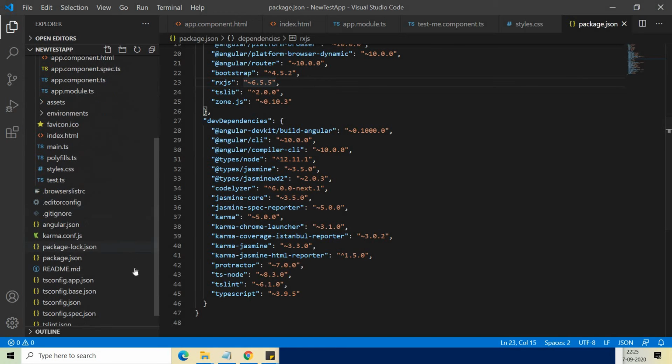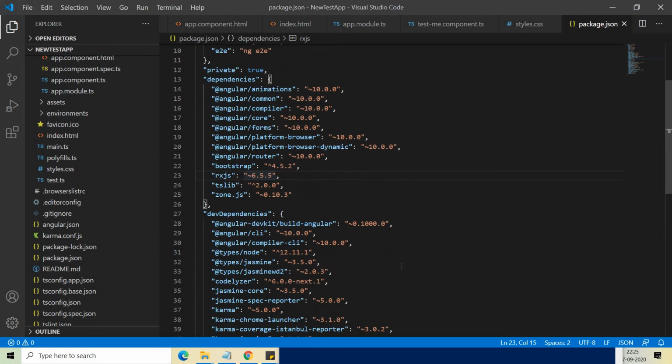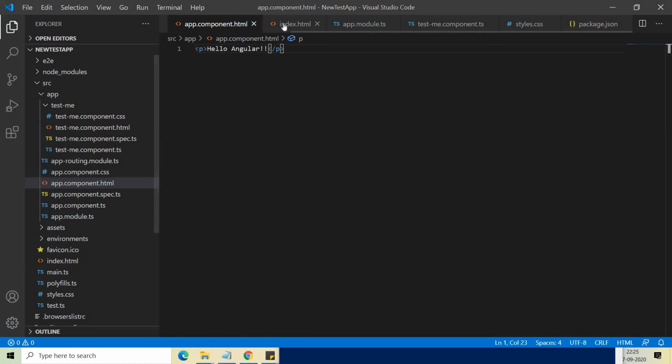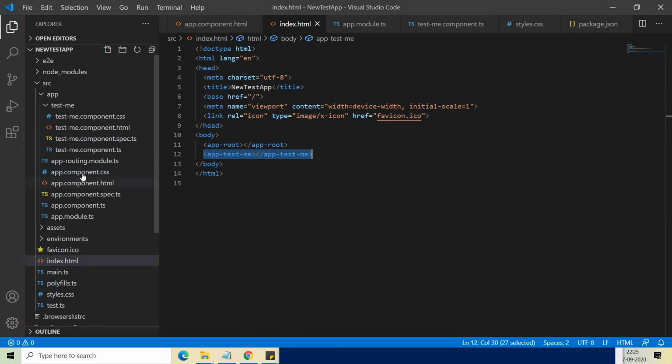You just need to commit this package.json, and this contains all the dependencies that need to be downloaded when it is getting built on the build server. Okay, so this was all about the bootstrap, and now let me show you one example of how you can use the bootstrap. Suppose I just want to create one